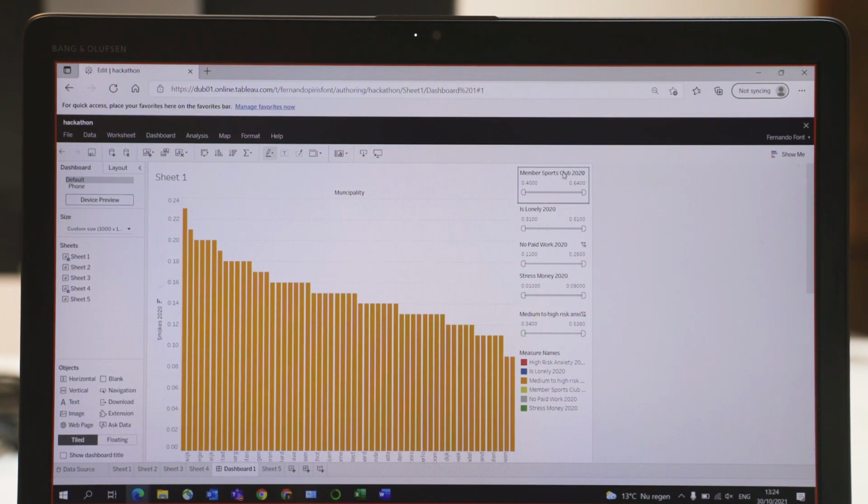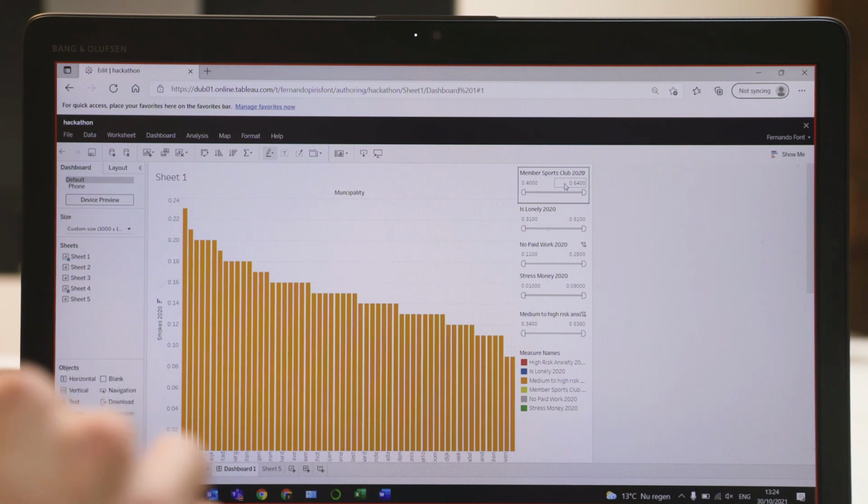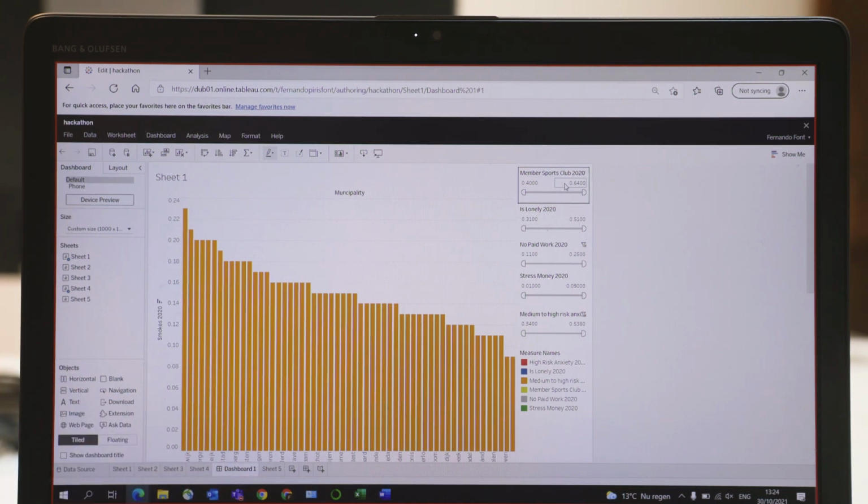So we found that, for example, with sports membership, the higher the percentage of sports membership in a town, the fewer smokers, or alternatively, the higher the percentage of people that felt lonely correlated with a high percentage of smokers as well. So what we can do is use these filters to select, for example, towns with a low percentage of sports members, so that we can then maybe create some initiatives in that town that through sport we can help